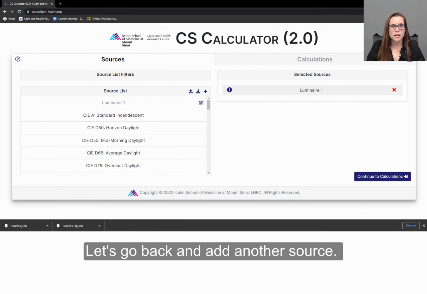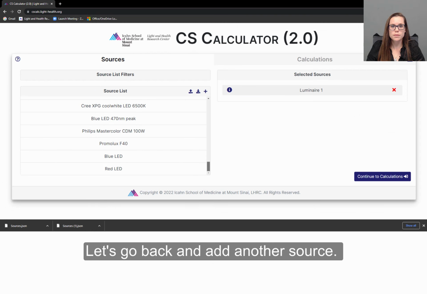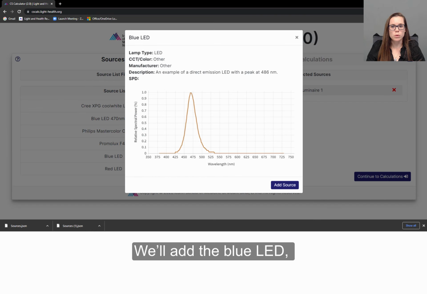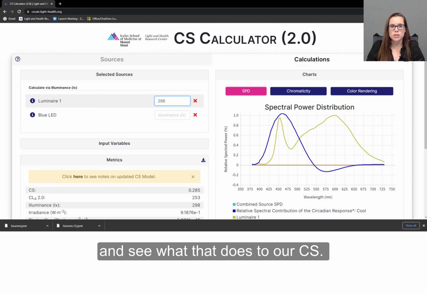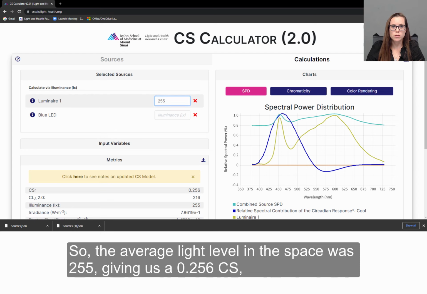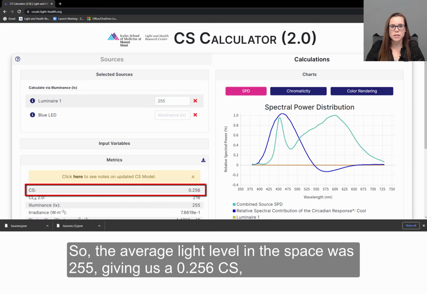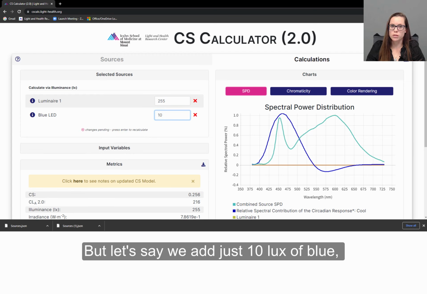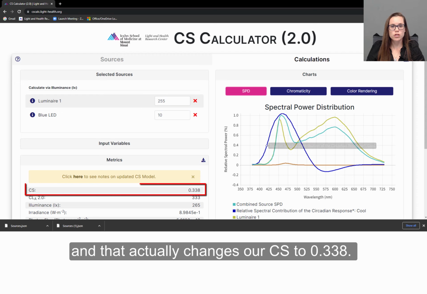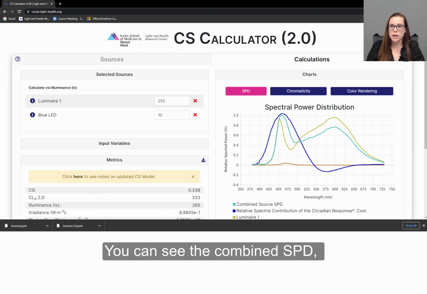Let's go back and add another source. We'll add the blue LED and see what that does to our CS. So the average light level in the space was 255, giving us a 0.256 CS, not quite our 0.3. But let's say we add just 10 lux of blue, and that actually changes our CS to 0.338. You can see the combined SPD,